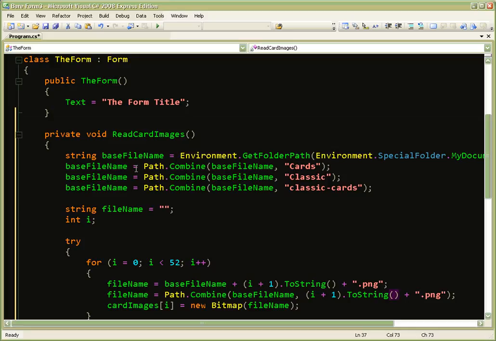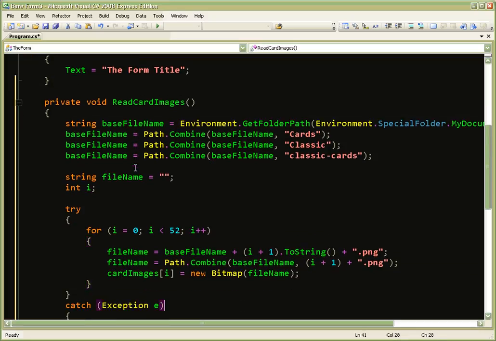The long and the short of it is I don't need the ToString here. And the reason is, even though the left side of this plus sign is an integer, i plus 1, and the right side is a string, seems nonsensical at first, but actually there is a plus operator that does take those two types, and what it does is it converts the integer to a string and then concatenates the strings. So the way it is right there is just fine. May seem a little strange, but once you get used to it, it looks nicer, it feels better. So that is that, and that should work,